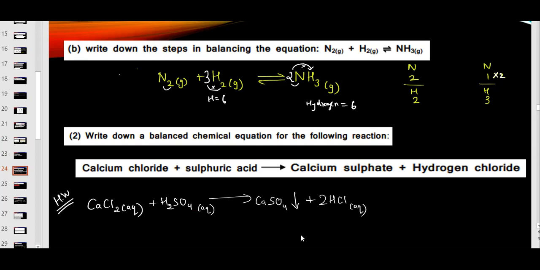So this is the end of the class for today's lecture 2. We have understood the chemical equation conventions and we have also understood how to balance the equation. I will provide a worksheet for you to practice more on these equations. Right now, just go through this, try to balance the equation. If you have understood this well, then you can do the worksheet.